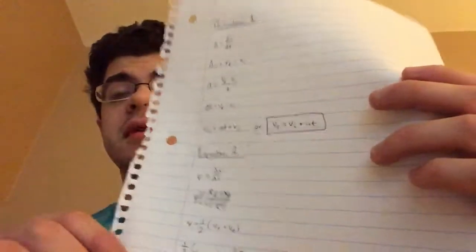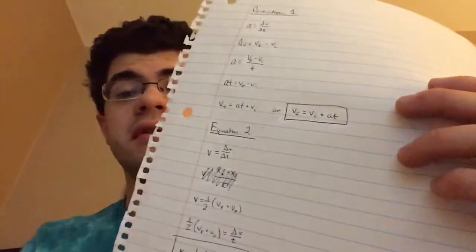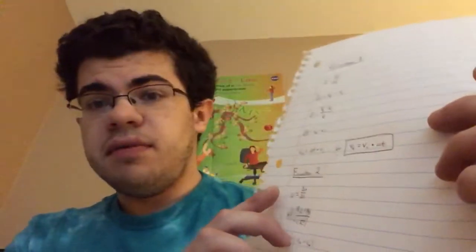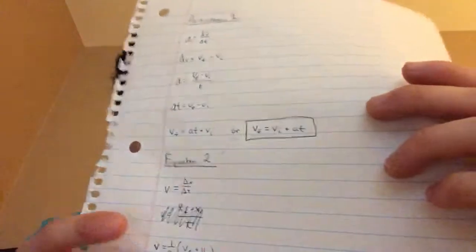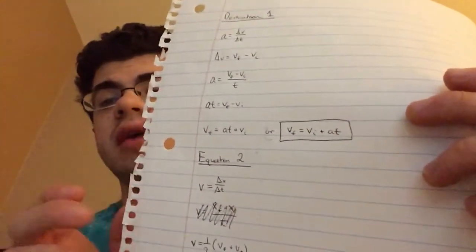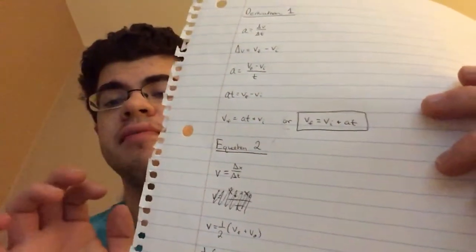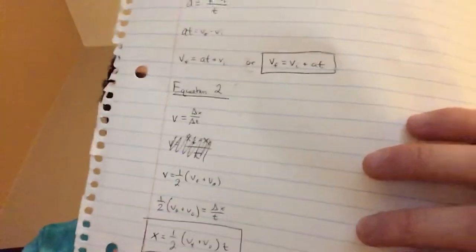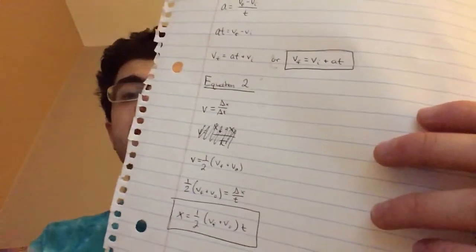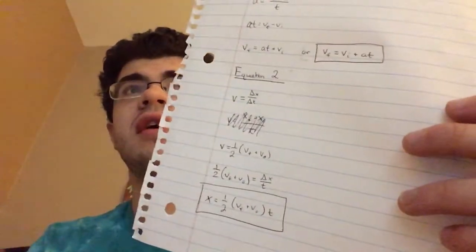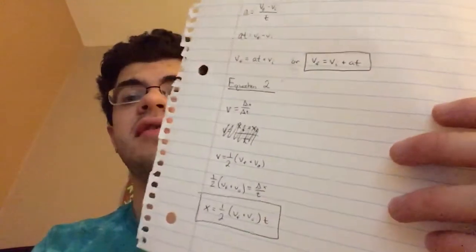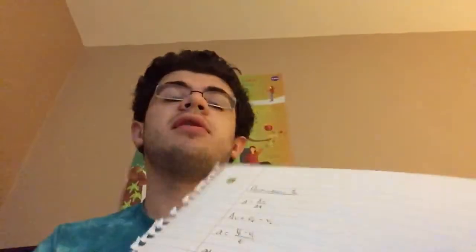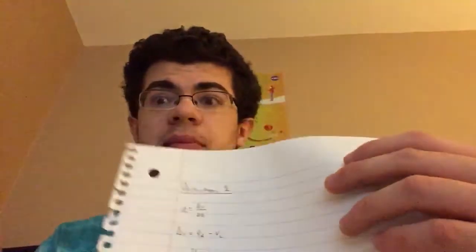So I said equation 2, but I meant derivation 2, but same thing. Now we're working with velocity. So velocity is change in x, change in distance, over change in time. Again, we're just going to change the change in time to t, but we're going to look at what this velocity is. Every time we talk about these basic equations like velocity equals x over t or acceleration equals v over t, we're really talking about averages. So how do you do an average? Well, it's a mean. It's an arithmetic mean. So you take all the data and you divide by the number of data,